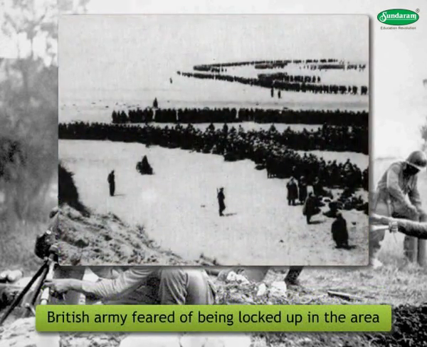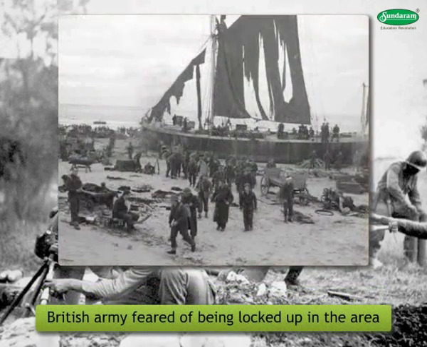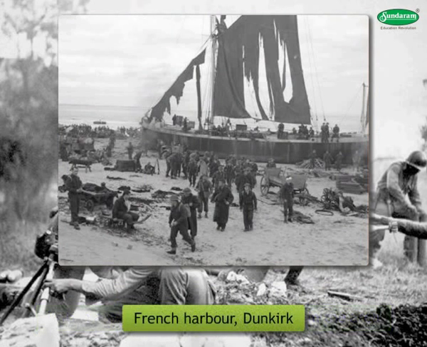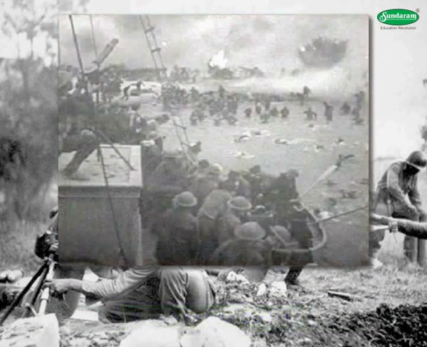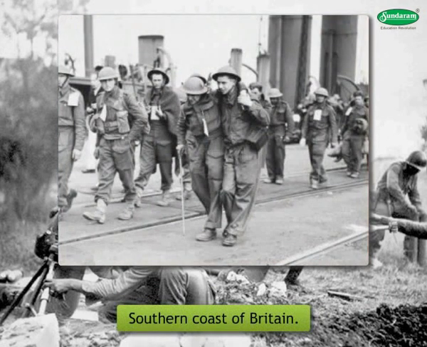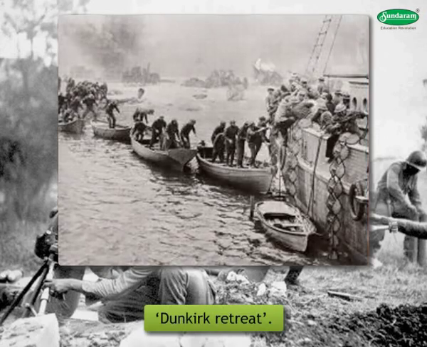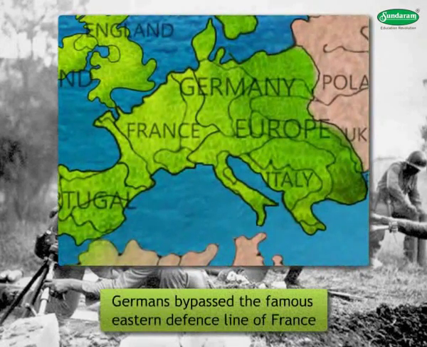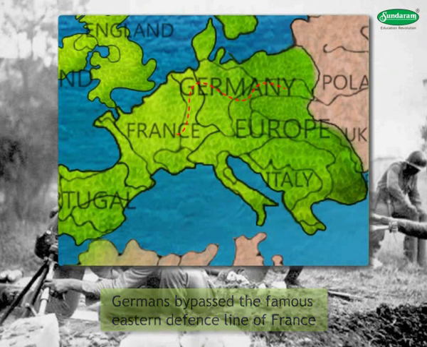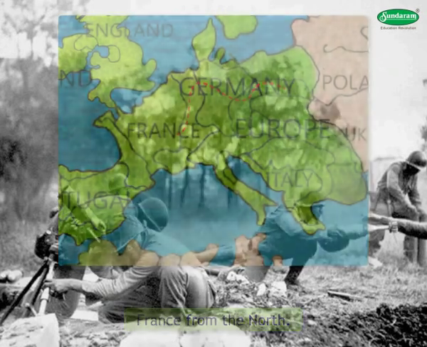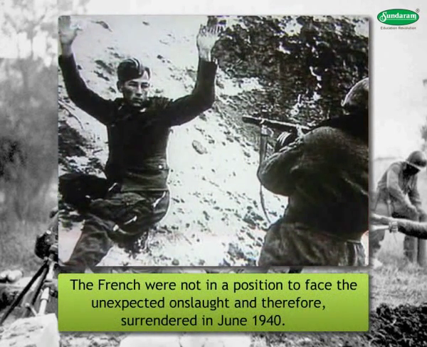As the British Army feared being locked up in the area, it retreated towards the French harbour Dunkirk, and managed a hasty retreat to the southern coast of Britain. It was a major defensive feat, which goes in British history as a successful Dunkirk retreat. Thereafter, the Germans bypassed the famous eastern defence line of France and entered France from the north. The French were not in a position to face the unexpected onslaught, and therefore